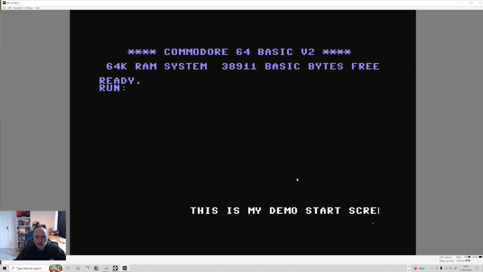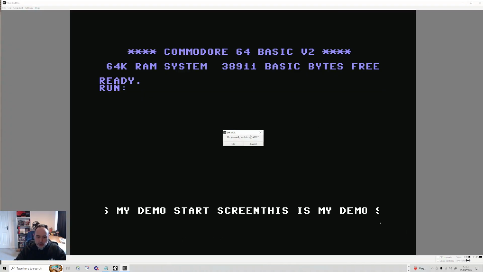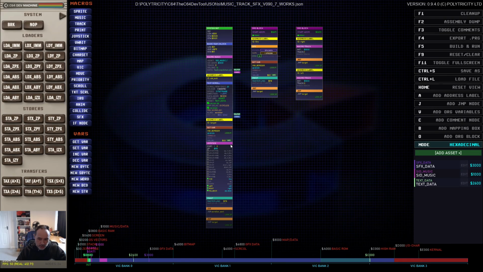Okay, this is my demo start screen. So I need a space after it, right? It's just going to loop regardless. And in the documentation, which is still being developed, there are instructions that you can do to change color, like underscore COL01. Is it underscore? I think it's underscore. I changed it to,